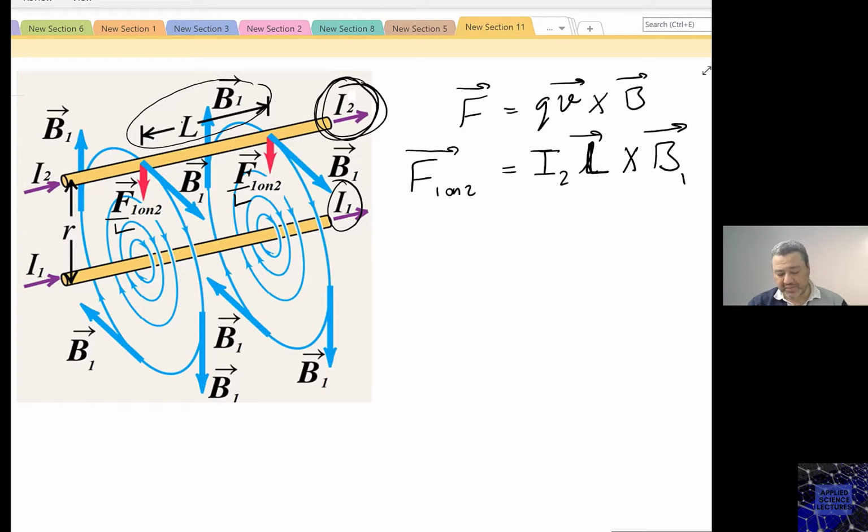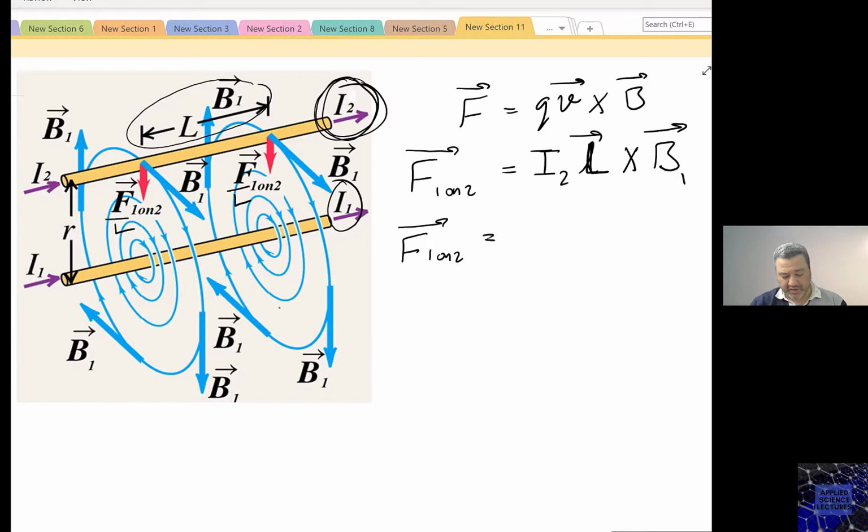So in this case, I can say F1 on 2 equals to, now if the direction of the L is going,